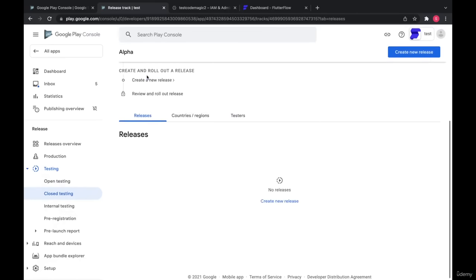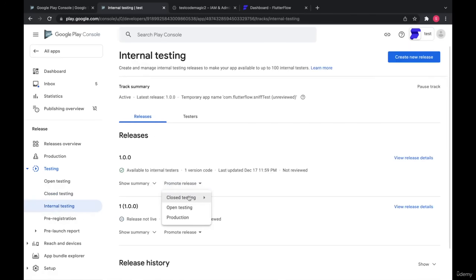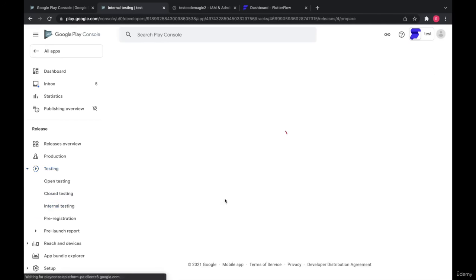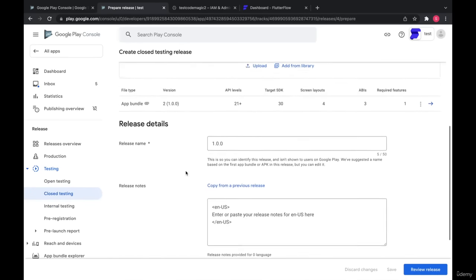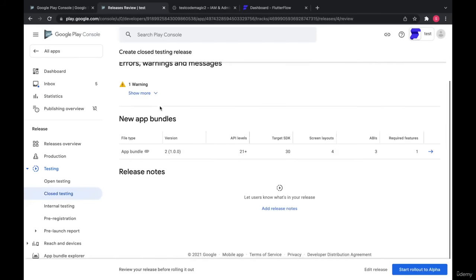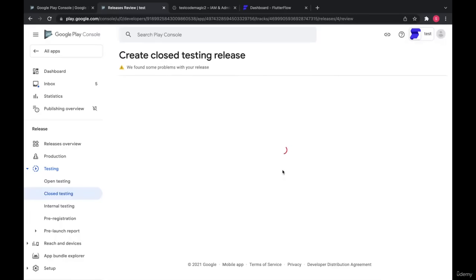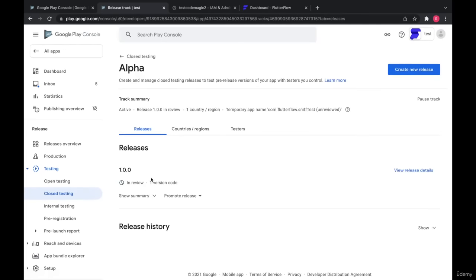So you can either upload the AAB like we did before, or you can go to a release from a different track and promote the release. And it takes our app bundle from the internal track, review release, and roll out to alpha. And now that we've created this one,